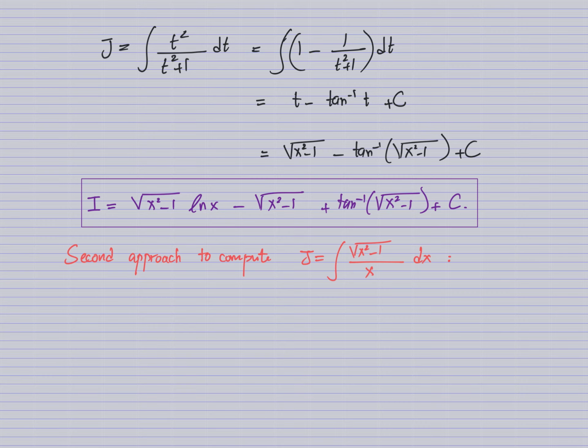The second approach to compute the integral J is by inverse trigonometric substitution, since we are seeing a function in the integrand of the form square root of x squared minus a squared, where a is equal to 1. So we set x equals a secant theta, with theta between 0 and pi over 2, so that the secant function is one to one. So in this case, we know that dx is sine theta times secant square theta d theta. And with this substitution, the integral J becomes,